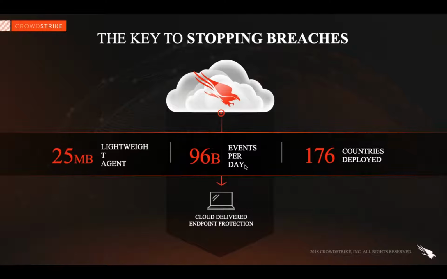So the main key about CrowdStrike is that it does not use the concept of agents at all. It uses the concept of sensing. The main difference between an agent and a sensor is that an agent totally relies on the scanning mechanism, right? As in, it would send probe packets to each and every service, each and every file system, eventually making the whole system's performance impacted, right?